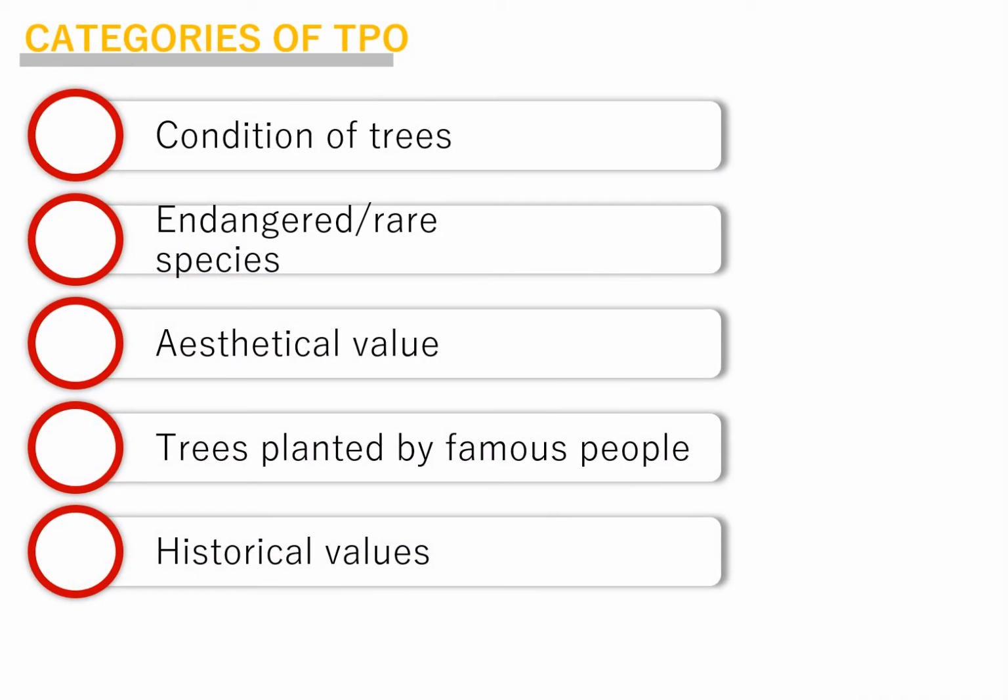Okay, so this is the category of TPO. I hope you put it in your mind, kena hafal. Okay, first you have to look at the condition of the tree. Adakah dia dah uzur, dah tua ataupun dah mati ataupun mungkin akan mendatangkan bahaya. Endangered and rare species, pokok-pokok yang semakin pupus ataupun yang luar biasa. Maybe you can give some examples, do some research what types of species of trees yang endangered yang hampir pupus